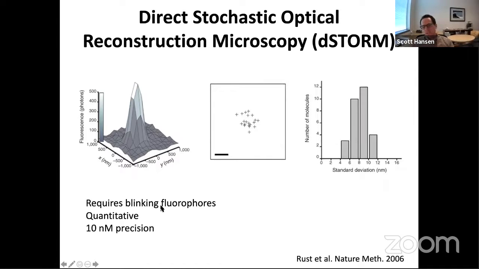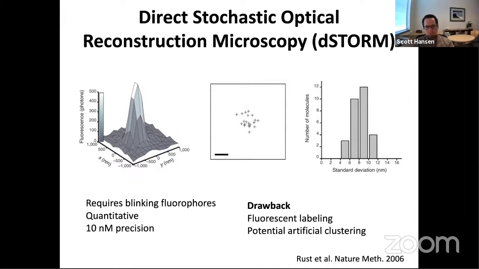I'm not going to go into tons of detail about it, but basically you have a blinking fluorophore and you measure multiple times the location, and then you take an average of that location, and you can get much more precise locations in a biological membrane. And these techniques were developed over the last 10, 15 years and are important to this study. The drawback is we have to fluorescently label, and there's potential artifacts of clustering. And I'll describe that more when I talk about the